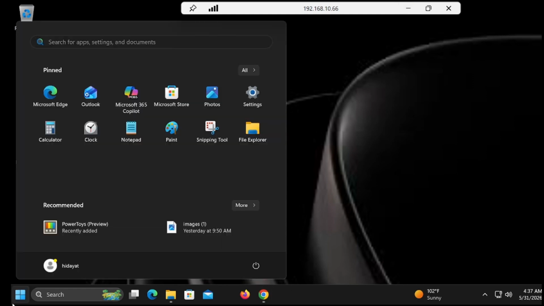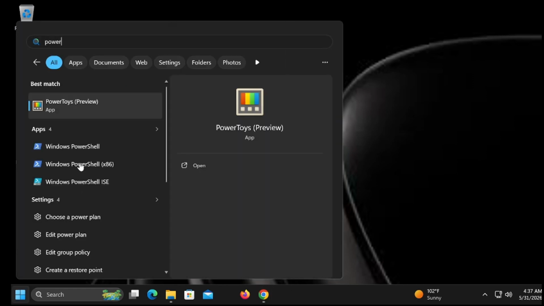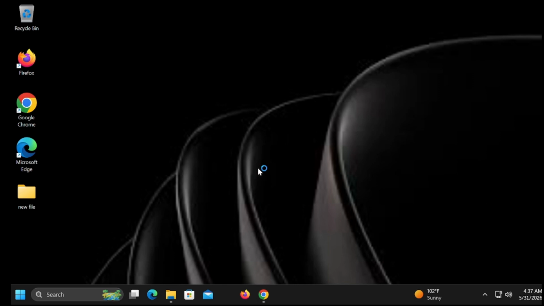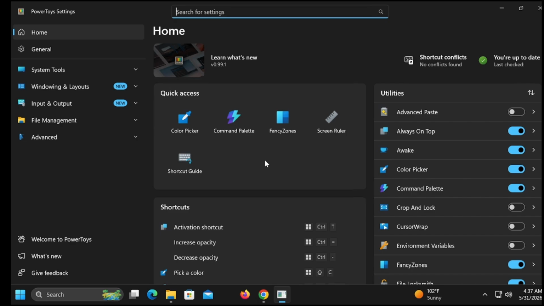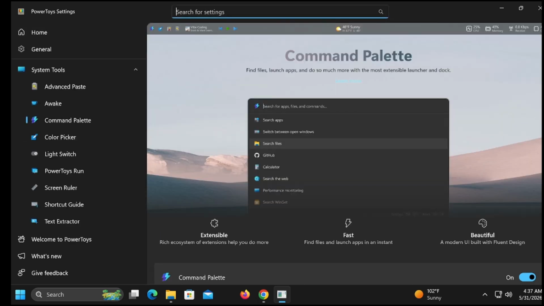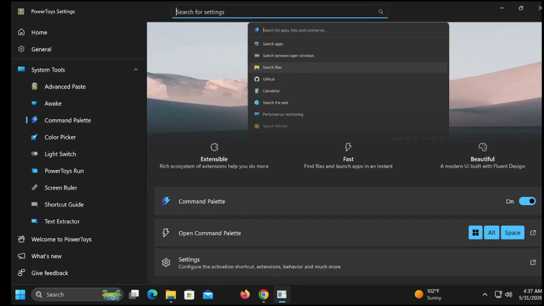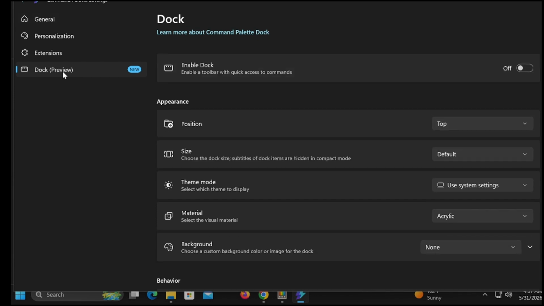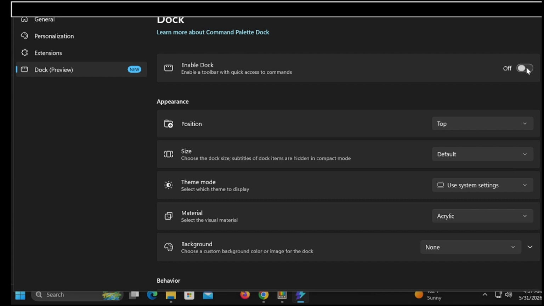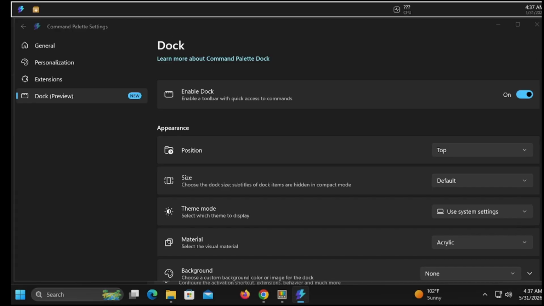Now go into the start menu, PowerToys. Once it is open, go to the right hand side, Command Palette. Once you click it, scroll down, then click on the settings. After that, click on the dock. After that, turn on this taskbar, turn on the dock. And you can see that